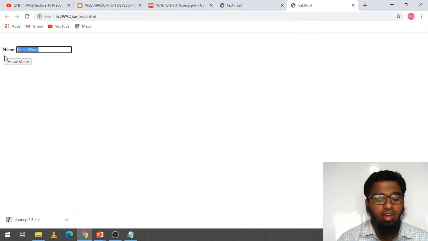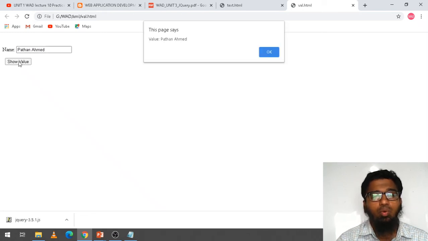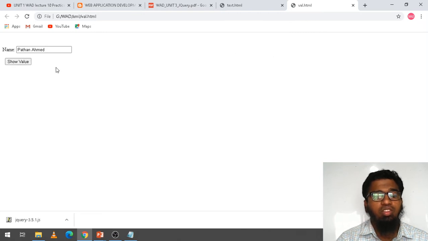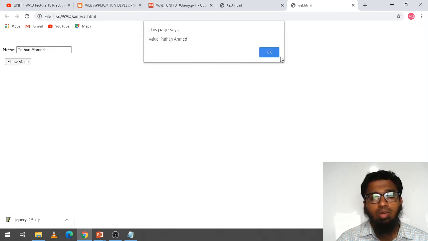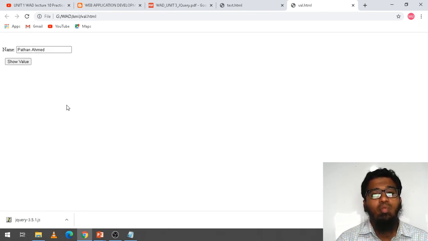If I write here Pathan Ahmed and click show value, whatever name you write will be displayed in the alert box. So this is a value: we are setting the value and we are getting the value, returning the value.